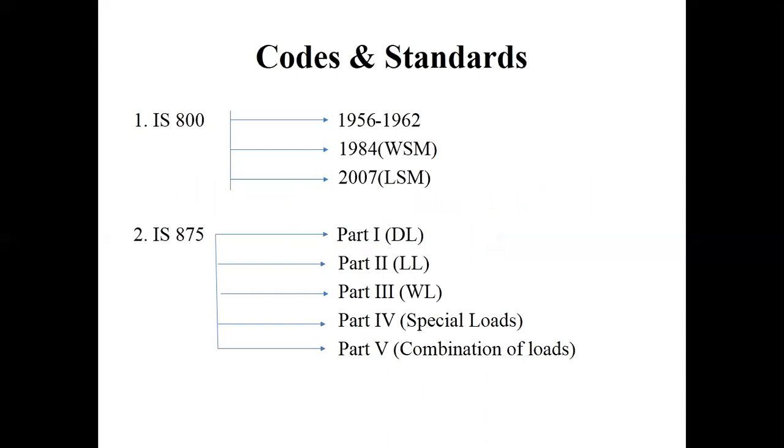Next, moving on to the codes and standards. The important code for steel structure design in IS standard is IS 800. For cold formed steel, we do not have that many codes in our Indian standard. For that, we will be using only the Australian/New Zealand code or the North American specification. Now it's enough to know about the IS standards. For hot rolled sections, we will be using IS 800.